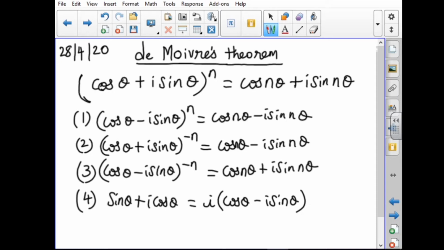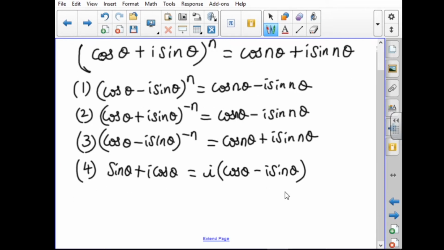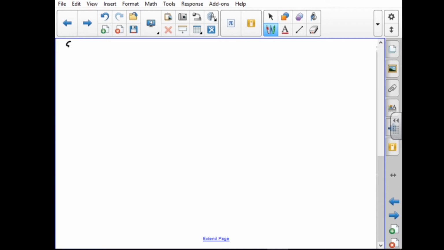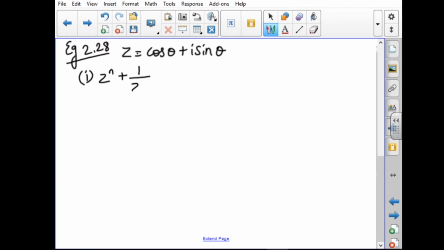So, De Moivre's theorem is nothing but taking the power inside when it is in the form of cos theta plus i sin theta. Okay. So, now let us move to an example. Example 2.28. It is given that z is equal to cos theta plus i sin theta, and we need to show that the first one is z power n plus 1 by z power n